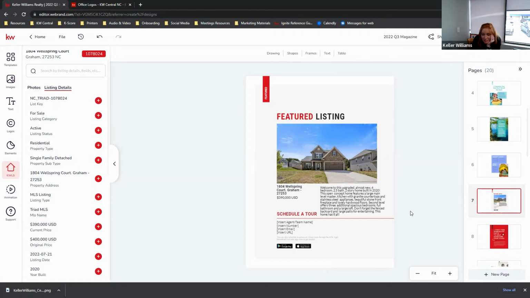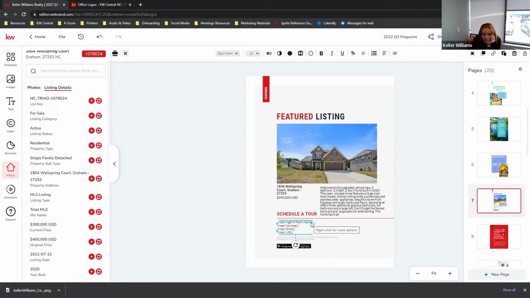Feel free to insert your name and all that good stuff there. Little pro tip too: whenever you make this particular box, whenever you fill those out, remember where it's at so that you can copy it. Then any page that asks for those bits of information, you can just copy and paste it to those other pages. Otherwise, you're going to be typing that a fair amount of times.